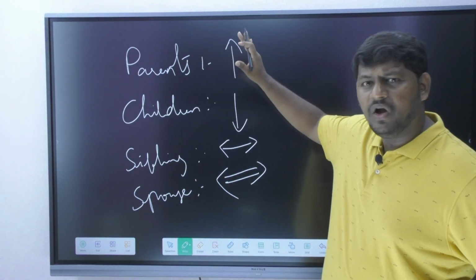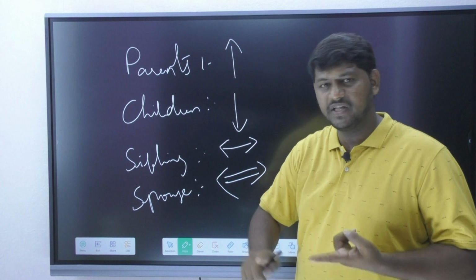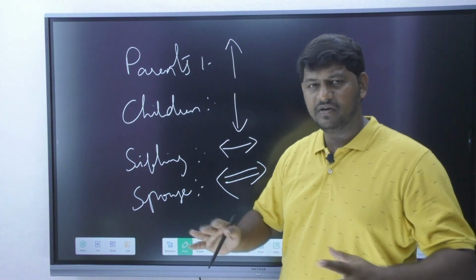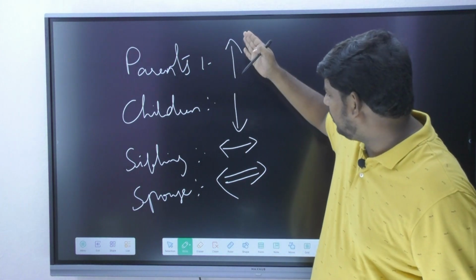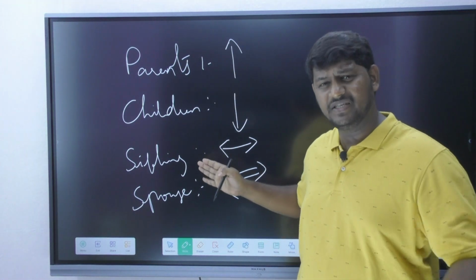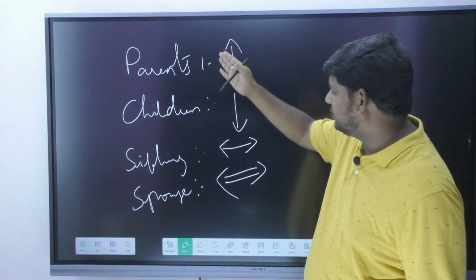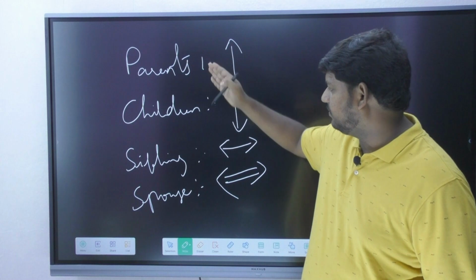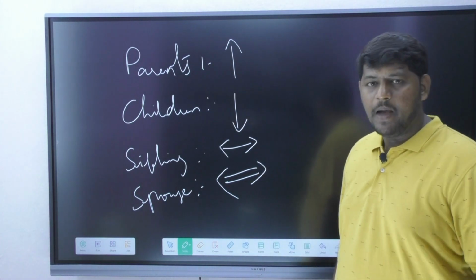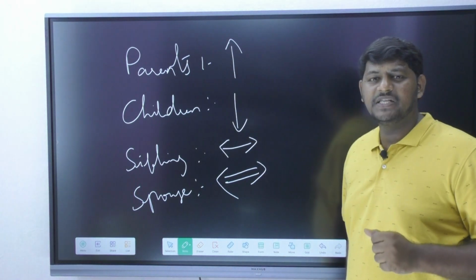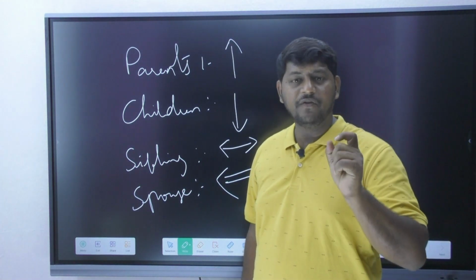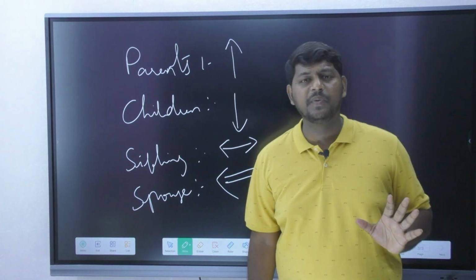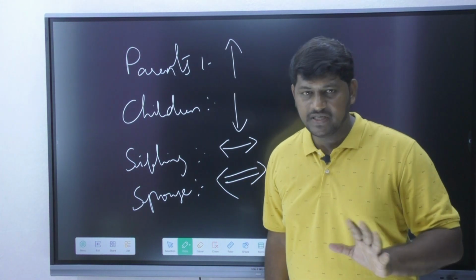Now all the relations we have seen, your mother-in-law, father-in-law, sister-in-law, brother-in-law, whatever it is, uncle, aunt, your cousins, your grandparents, your grandchildren, everybody is going to fall under these four categories only. They are never going to escape from these four categories. Using these symbols may be a bit confusing initially. I'm telling you very honestly, initially it is going to be a bit confusing, but I'm not saying it is hard.